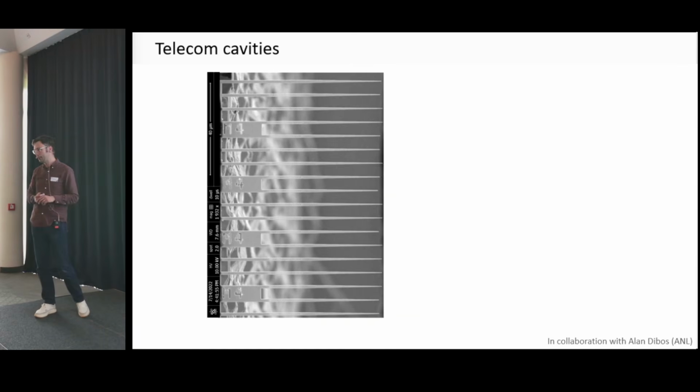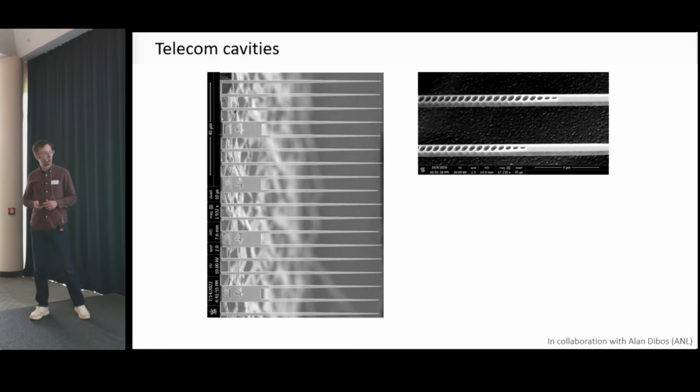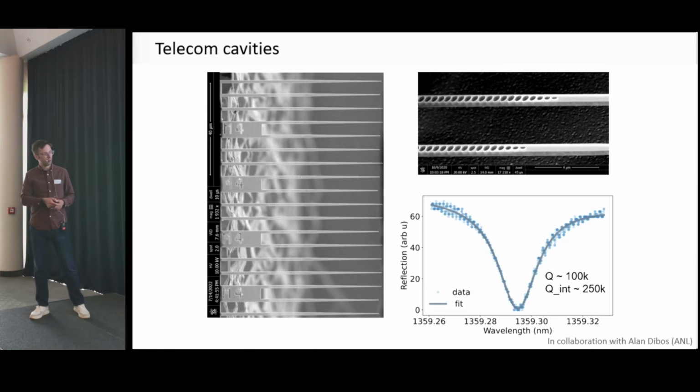So we fabricate these nano-photonic chips. The nice thing here, you really see we have many of these cavities. They are all at the telecom wavelengths. Now this is optimized for cesium, and we get very nice quality factors from which we would expect very high cooperativities. Another technical question is, okay, how do you get light in and out of these cavities?